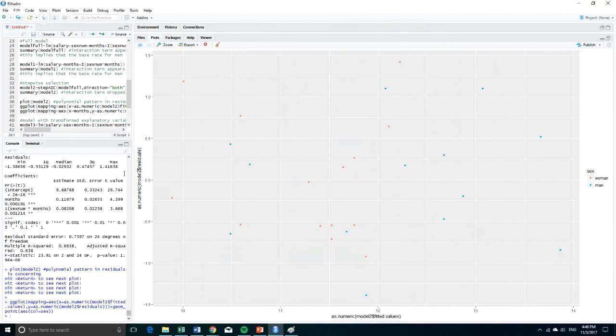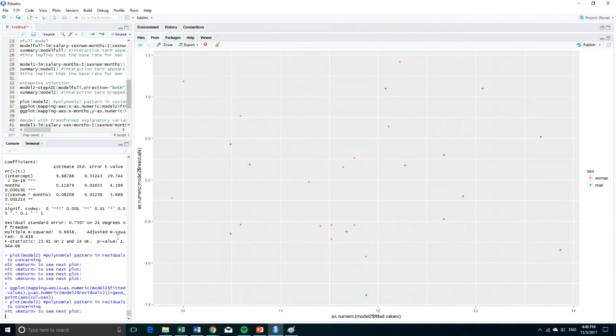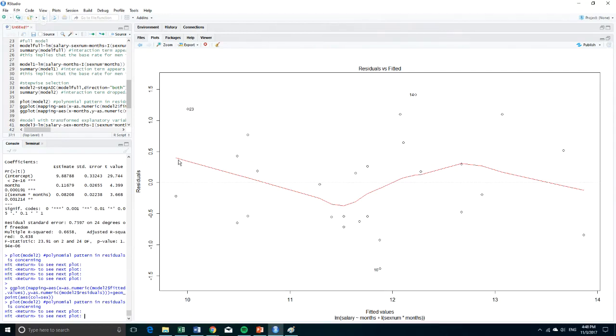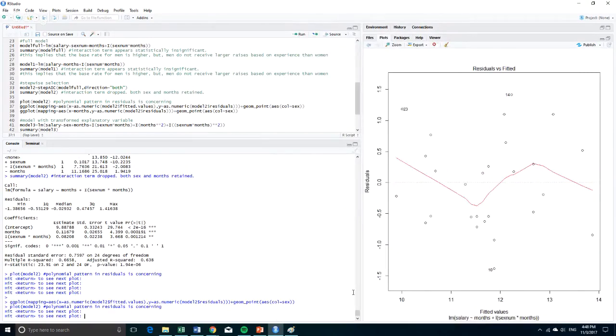The plot that concerns me the most, though, is that residual versus predicted plot. And I want to take another look at that. That's this plot. And does this pattern constitute a large enough problem? After looking at the other residual plots, I don't think I want to do anything about it. So at this point, I would note that this is a potential problem. I would state that I would copy all of the different residual plots I looked at and say,